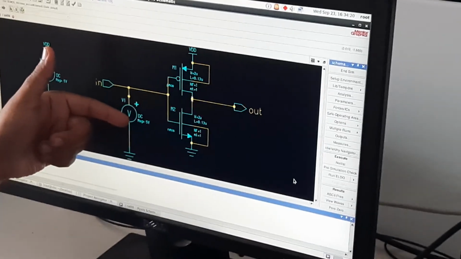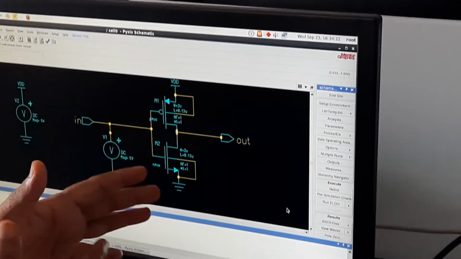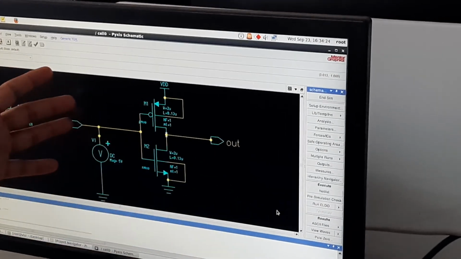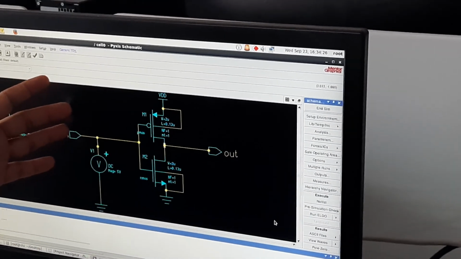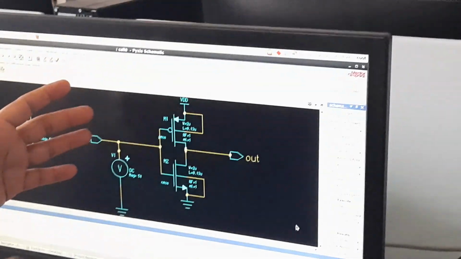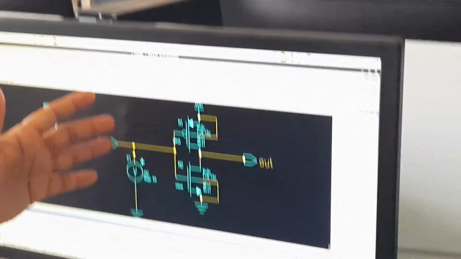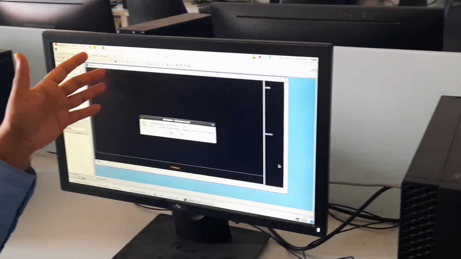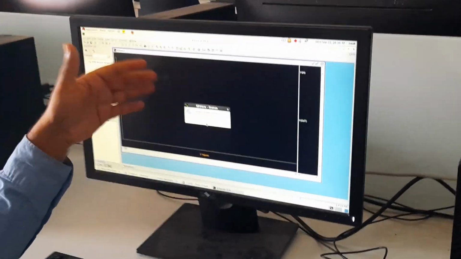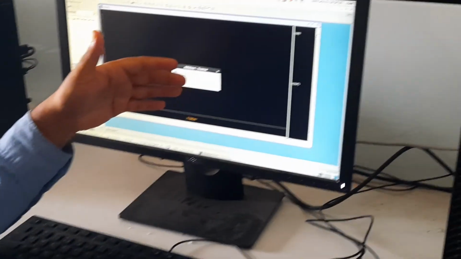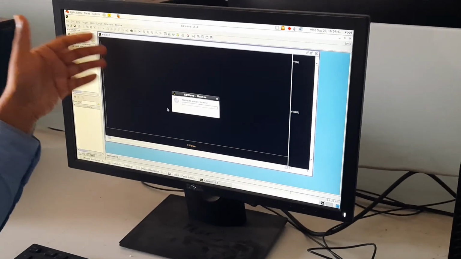So if the DC signal is available, then you check the output with respect to the input voltage. If your input voltage is vary, accordingly to your input voltage, what is the actual output? That is analyzed by the waveform.